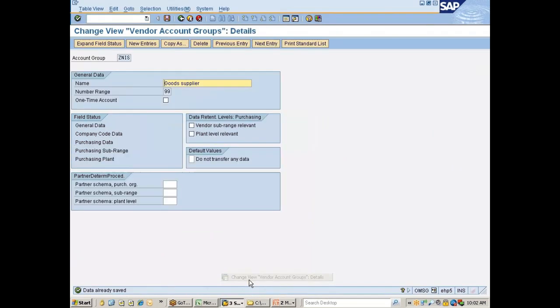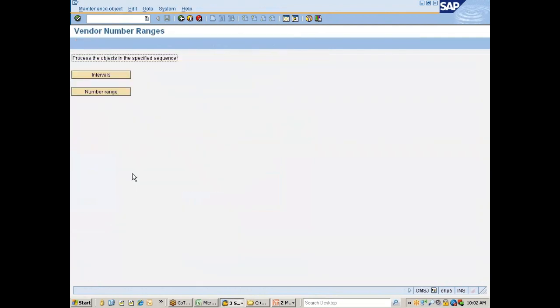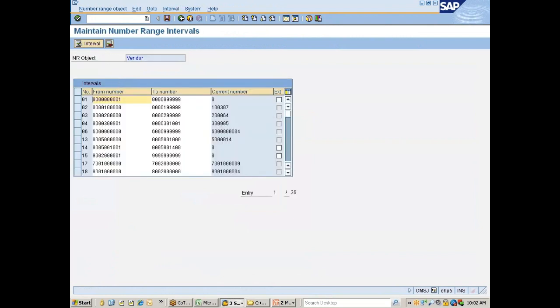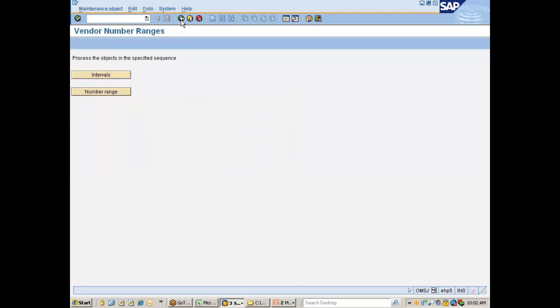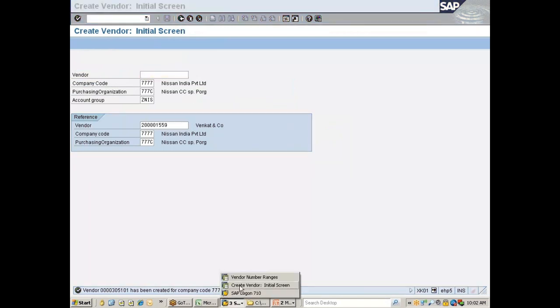305101. In case you have any doubts, you can just refer back here, change the number range for vendor master. You can see here intervals, 99 is your interval. Okay, you see here, 305101. So this is how it gets triggered. Right? The next one is